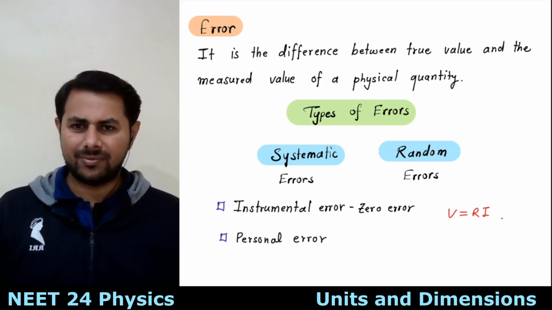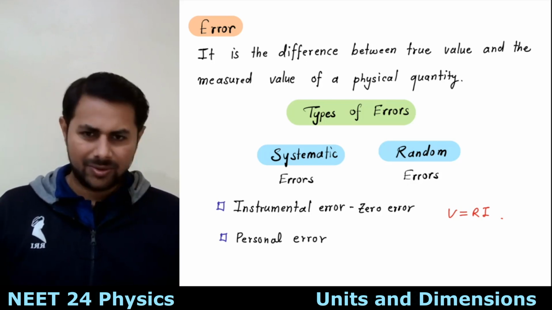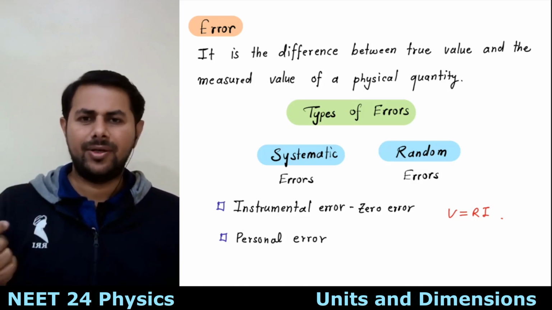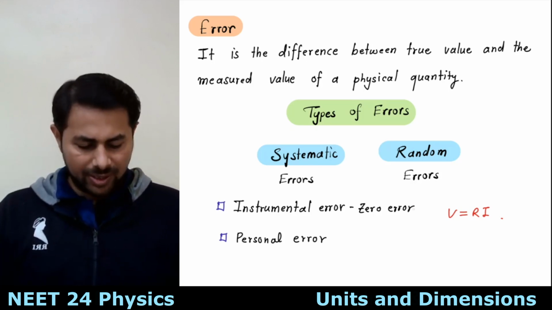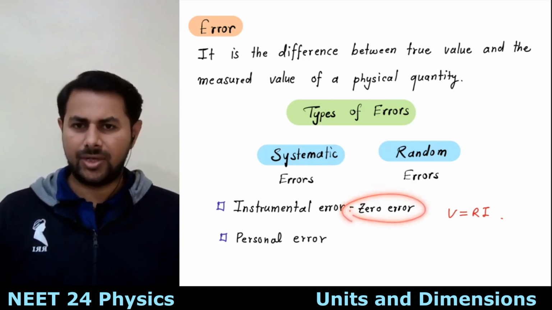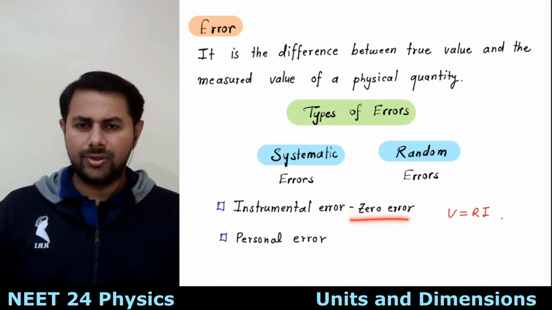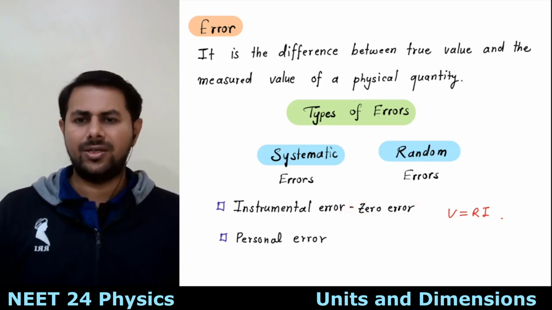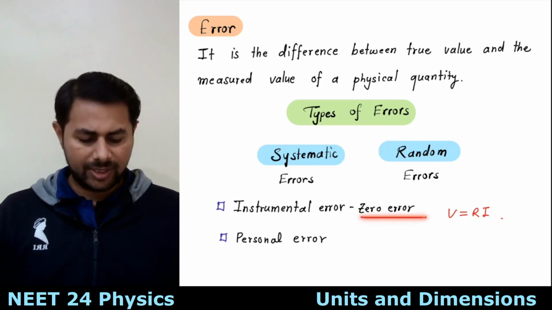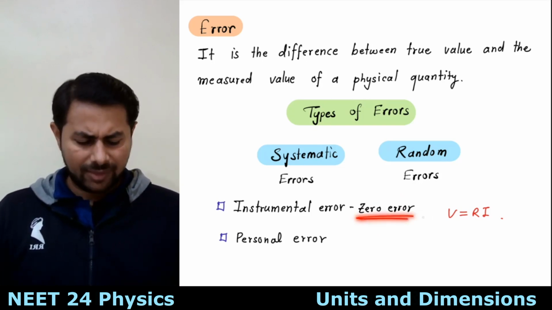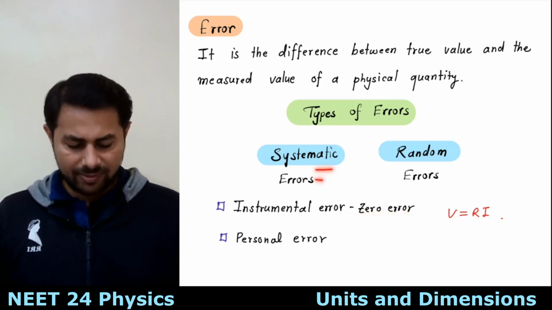11 milliamperes, right? Very good, it will show 11. So each time it is showing 1 milliampere extra. So this kind of error is known as zero error. This kind of error is known as what? Zero error. So what should you do? You should subtract this zero error from all of the readings, all of the measurements, to get the actual measurement, right? So this can be minimized, and it is systematic.